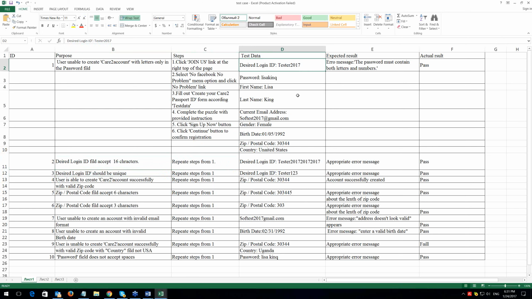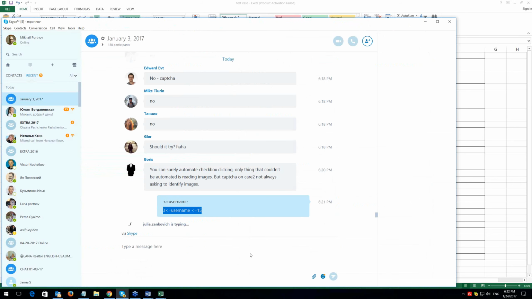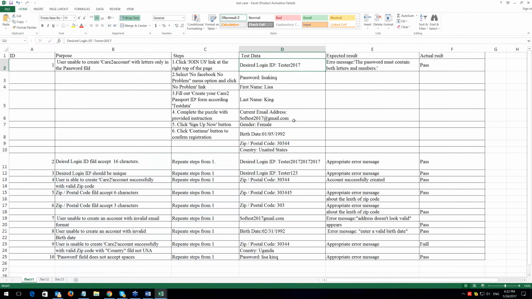So we provide test data here, and somebody, our colleagues, will try to use those test cases, and they will try to create an account using this test data. What do you think? Are they able to create an account? But of course not, right? Because those are unique identifiers, and they will get an absolutely valid user-friendly error message.